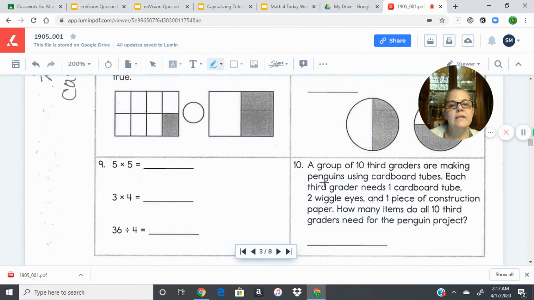Number 10 says, so we've got a story problem. We've got to look for what's important. A group of 10 third graders are making penguins using cardboard tubes. Each third grader needs one cardboard tube, 2 wiggle eyes, and 1 piece of construction paper. So those items, how many items do they need for each person? How many items do all 10 third graders need for the penguin project? So we have 10 kids who need how many groups of 4